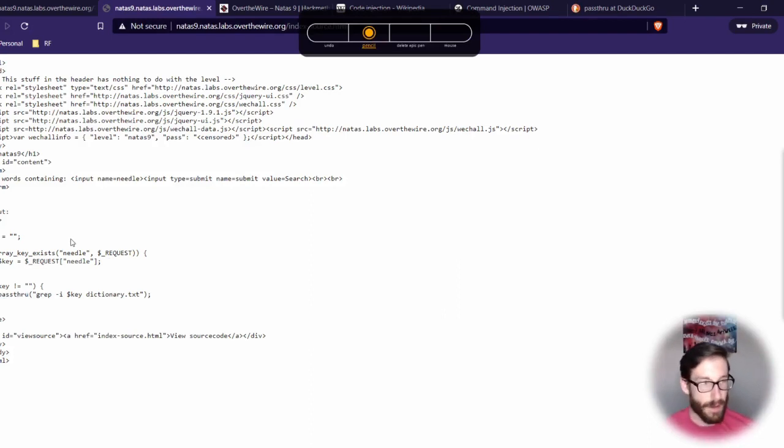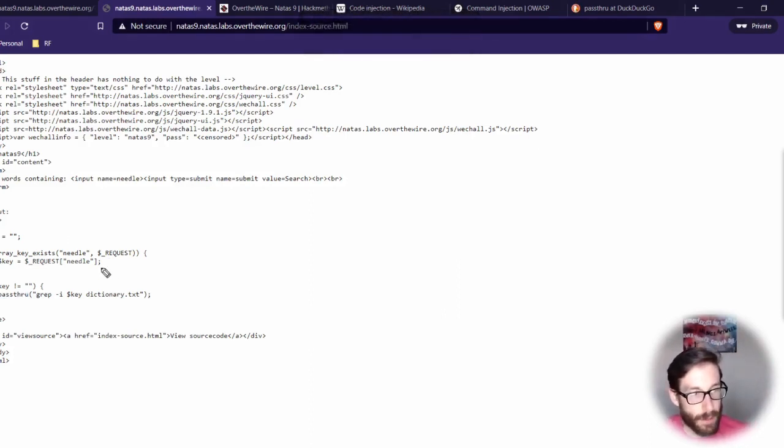At first, we have a key, right? So we have a key variable here that takes an empty string. Below that, we have array_key_exists, and that's going to take the request, and it's going to take in the needle piece. Then we're going to do some stuff with that request. We're going to put it into another variable, and that's going to feed us back something else. But the important piece I want to show you is that if the key is not blank, then passthru this information. Now this passthru function, I didn't know what it meant, so I wanted to Google it and figure out what it was.